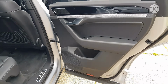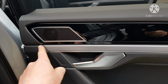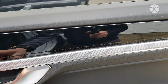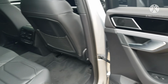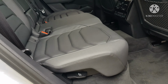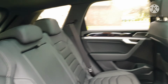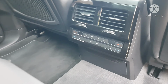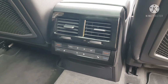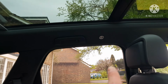where we will see the rear door card with a little surround with very cheap looking, I don't even know what this is meant to look like, whether it's meant to look like stainless steel, but it's just plastic. Quite a lot of plastic in this car, but again, it's not a Bentley, so what do you expect? A lever to push the back seat down if you wanted to do it from in here. Isofix points, obviously for children. Relatively large, not small. You also have your rear air conditioning, climate controls for the passengers to sort out themselves,